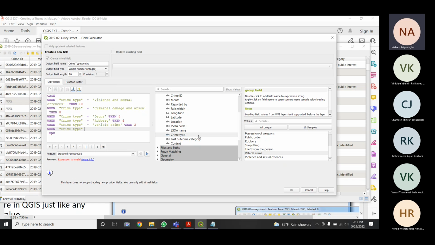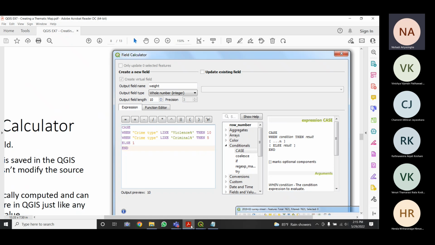When crime type equals burglary, then 1.